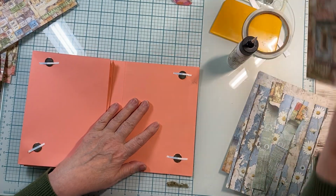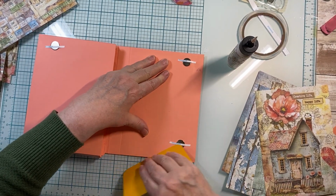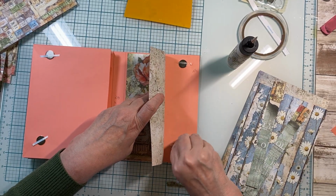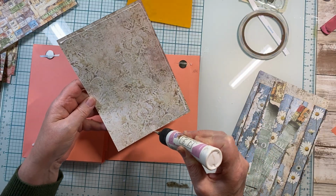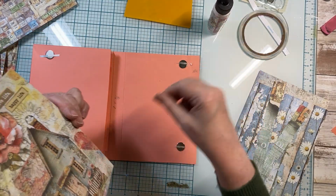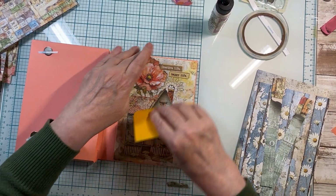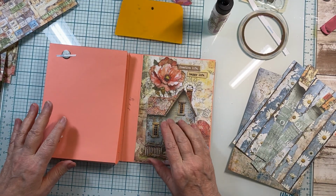Those two do not want to separate. And while I have this open, I'm going to go ahead and I'm just gluing these all in here. This is not that critical to tape all this down. And when you cut these, you're just going to cut to fit so that everything stays within your score lines. And then this image over here,